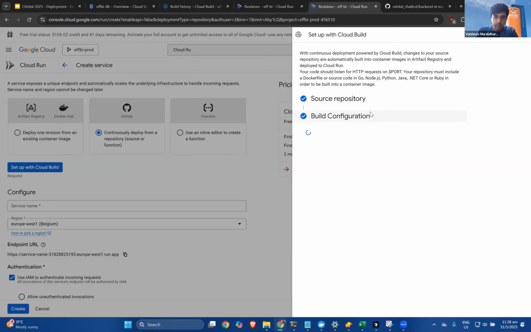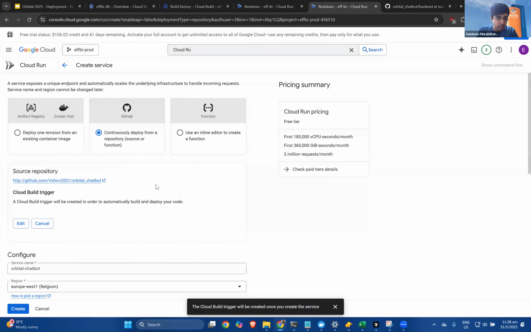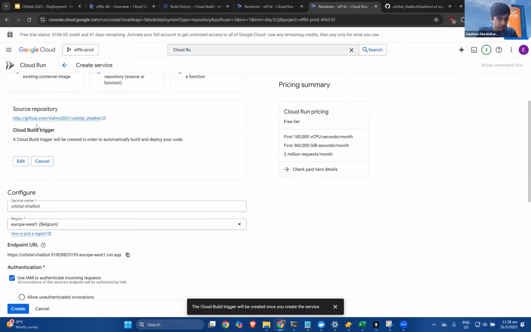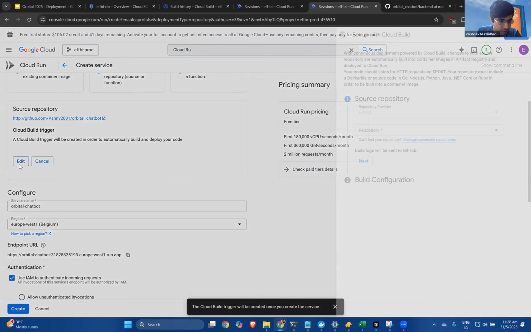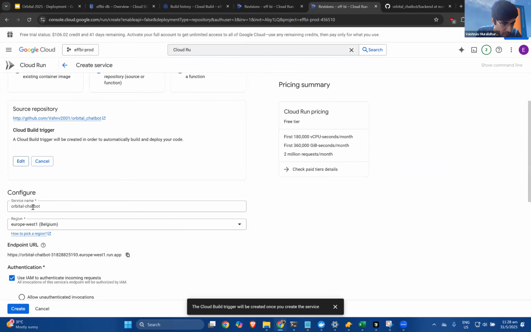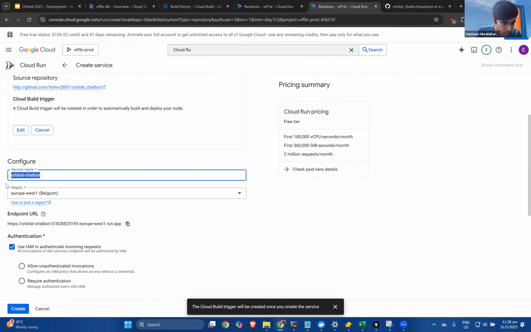okay, it does not create a new instance of Cloud Run yet, because I have not set up the other stuff. So I have set up the source repository, and then I need to set up Cloud Build triggers. So basically any push to main would set up the triggers. Okay, I've done that. So you can set up your service name, so Orbital chatbot, and the URL is basically